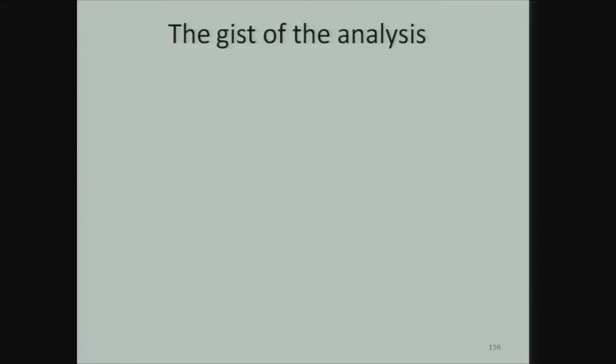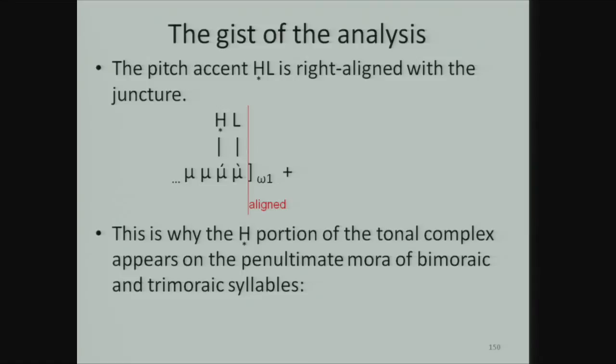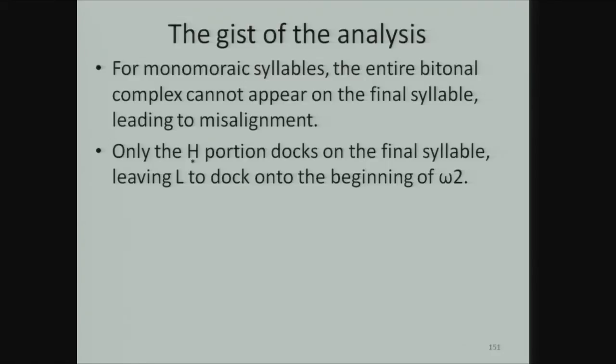So the gist of the analysis is that the pitch accent HL is right aligned with the juncture, okay? And this is why the starred high portion of the tonal complex appears on the penultimate mora of bimoraic and trimoraic syllables. For monomoraic syllables, the entire bitonal complex cannot appear on the final syllable, leading to misalignment. So only the high portion docks on the final syllable, leaving low to dock onto the beginning of word two,